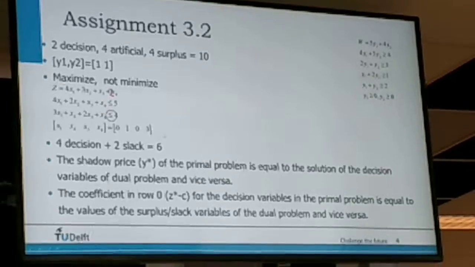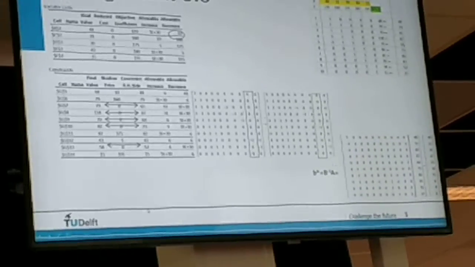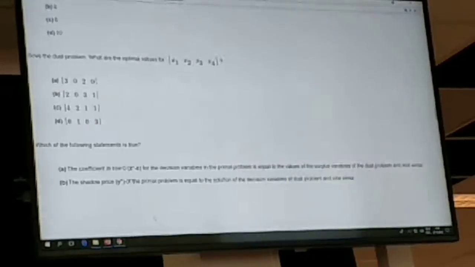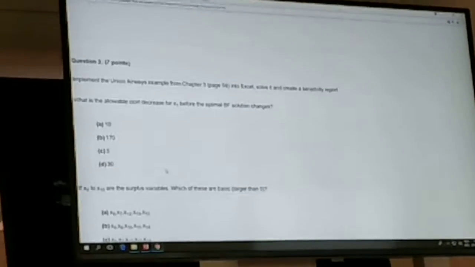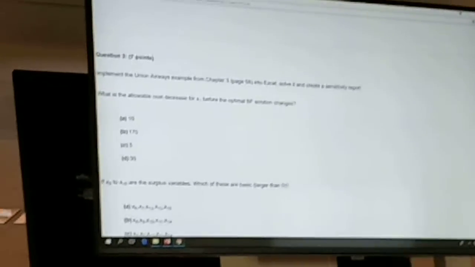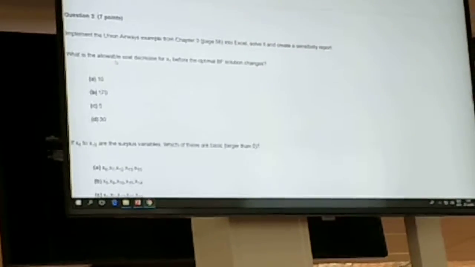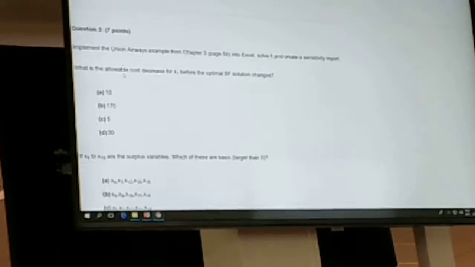So we can just solve it using the standard method, and we get this answer. So 3.3 here, we go back to the Union Airways example. We would basically have to accrue the check-in desks. We solve that and create a sensitivity report. Okay, what do we see there? And this, of course, is getting more complex if you're going to create a big problem. You're not going to solve it by hand. So in that case, you will use a solver. Then of course you have to be able to interpret it, and that's what we're doing with this